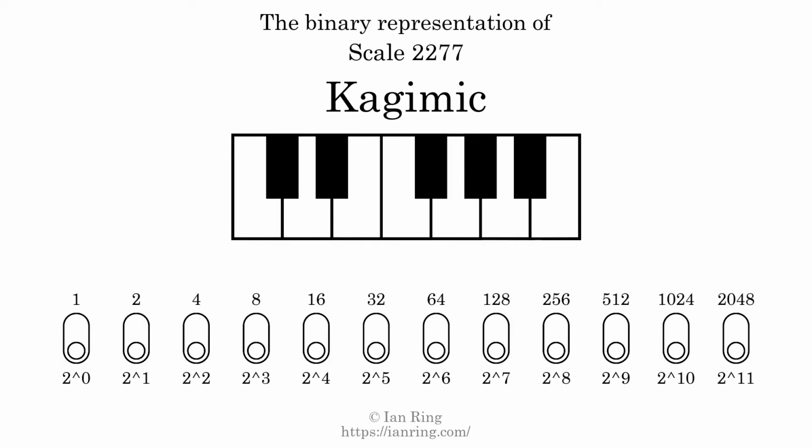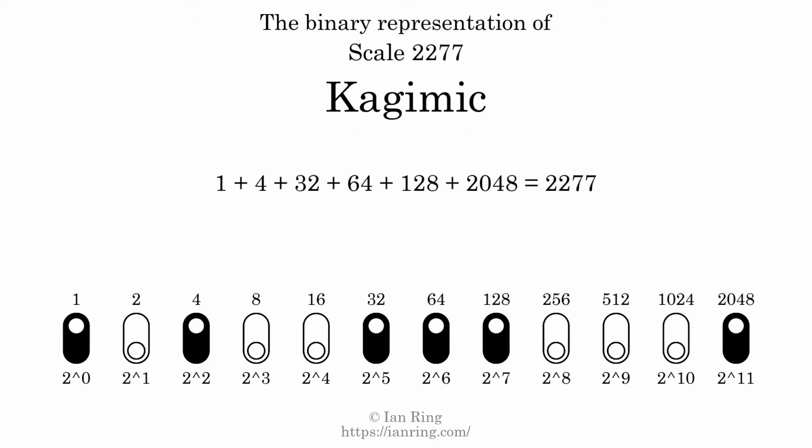The binary representation of this scale is determined by mapping tones of the scale to binary digits. Each binary digit represents a power of 2. To get the scale number, we add the powers of 2 together. The powers of 2 that are present in the scale, all added together, equals 2277. That is why the scale number, in decimal, is